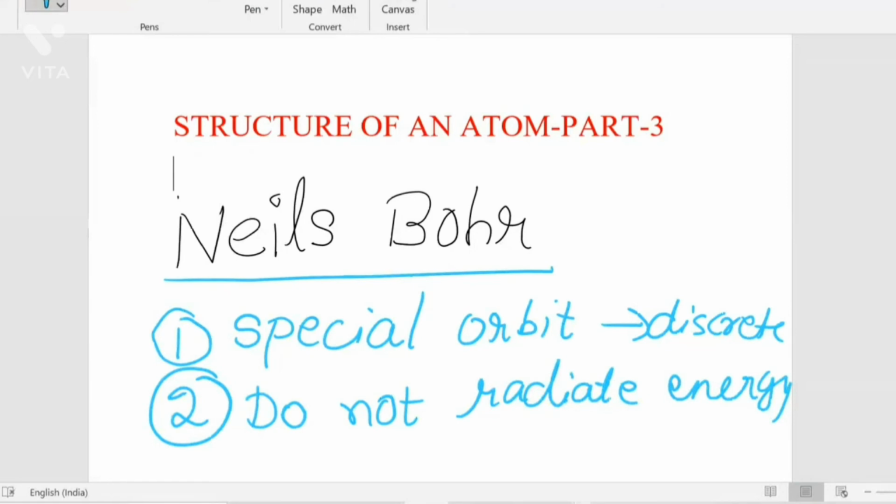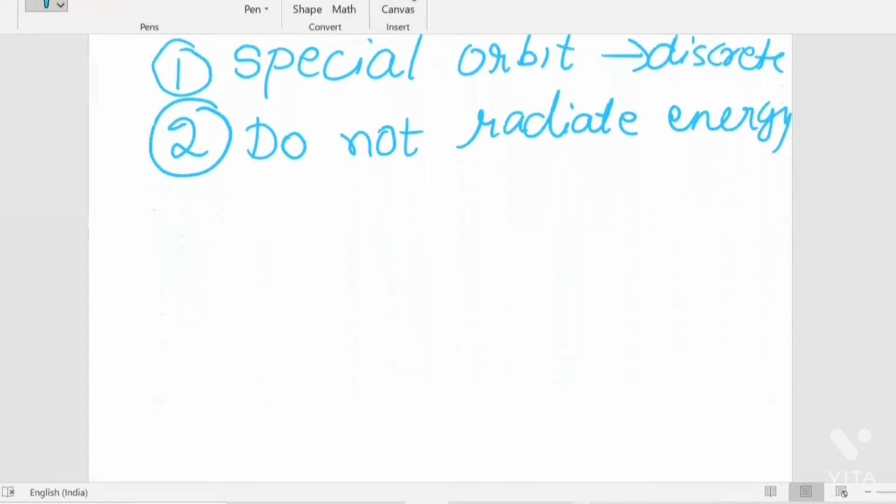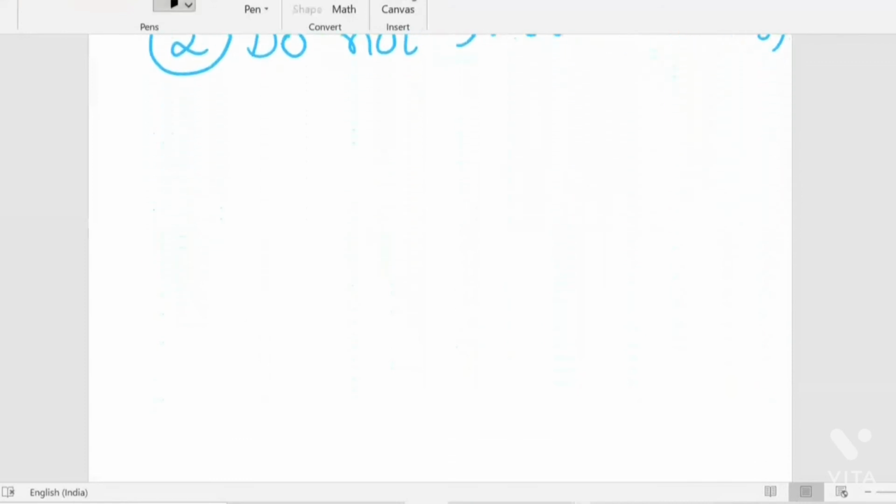The shells have different energy levels. Each shell of an atom possesses some amount of energy for the electron. Now we will discuss the different energy levels and the names of the different shells. So first I'll draw the structure of the atom. The center part is called the nucleus. Revolving around this, I'm drawing